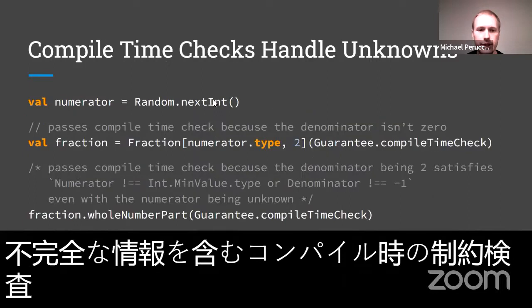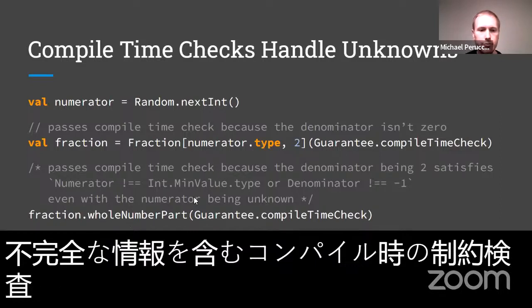Even more interestingly, it can also handle unknowns. So let's say the numerator is some random integer and the denominator is still 2. Well, we can create a fraction. Even though it doesn't know the numerator, we know that the denominator is not 0. We know that it's 2. And because we know that, we can create the fraction, and we can call whole number part even though we